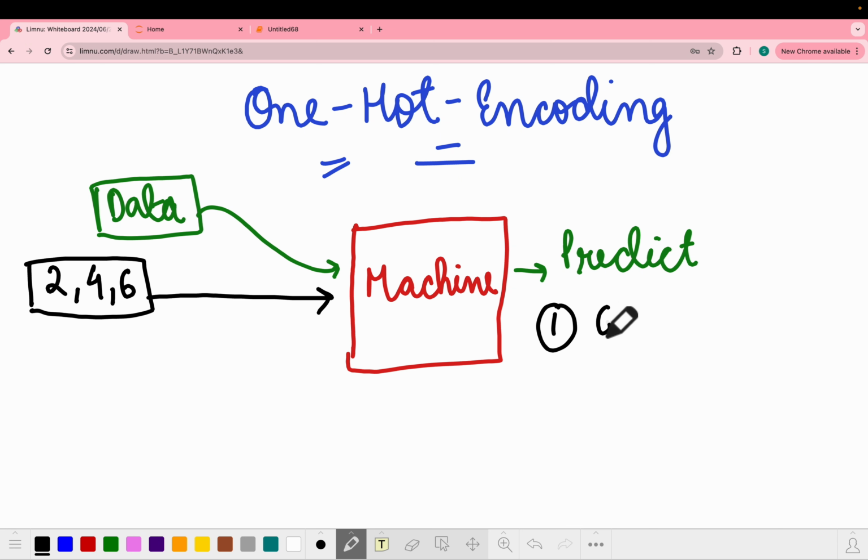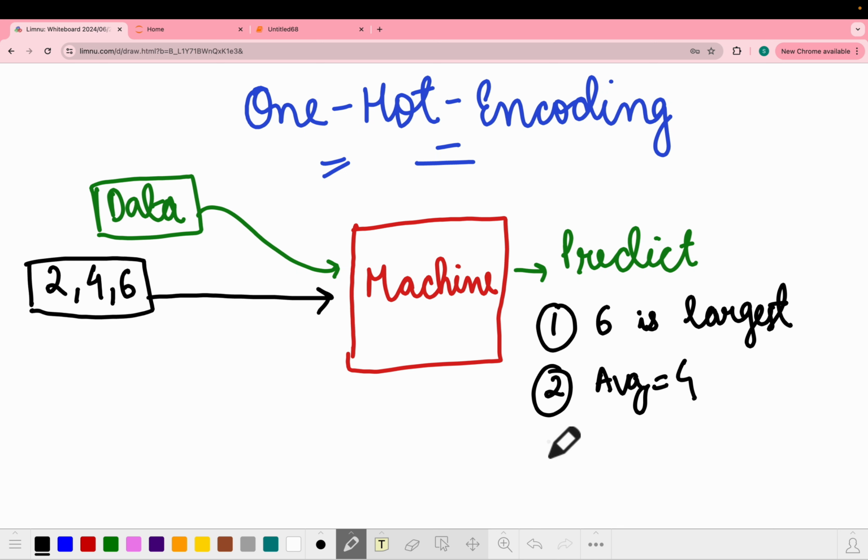It will say that 6 is the largest number, right? By default, it will understand because these all are numerical numbers. Second, it will say that the average of these three numbers, 2 plus 4, 6 plus 8, the average is 4, right? It will also understand that 2 is the smallest number. So without even telling the machine, whenever you input data, the machine automatically tries to predict,